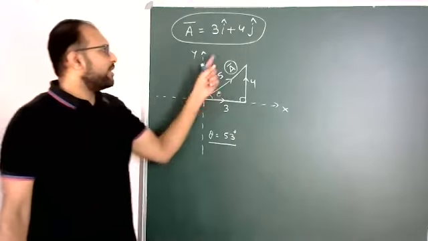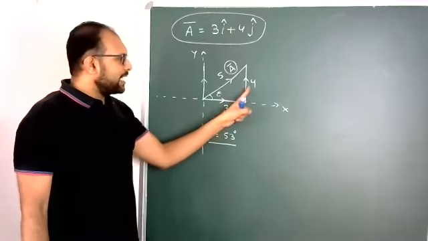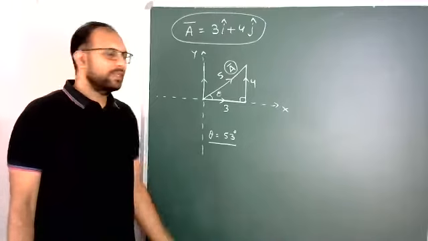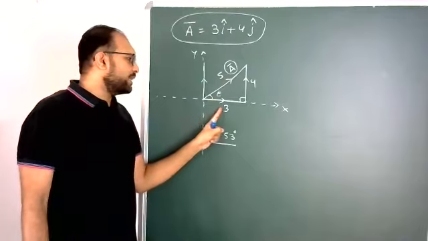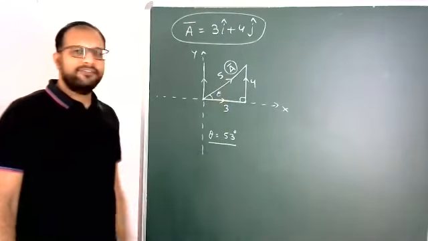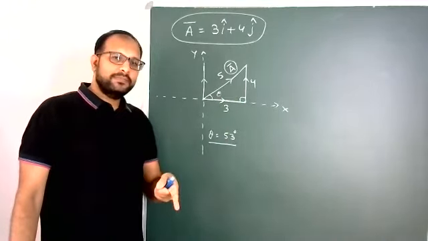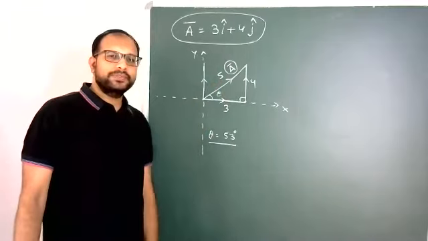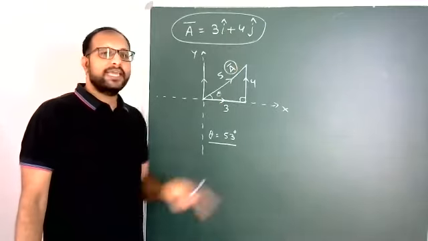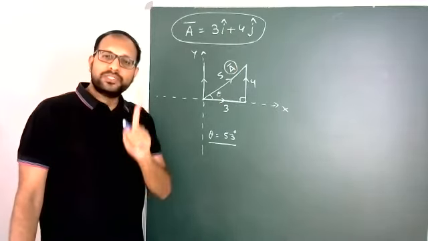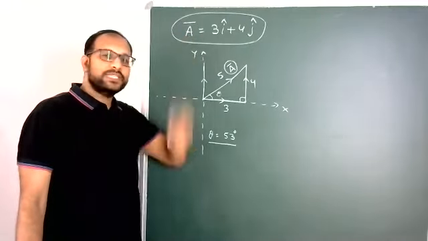Yes, so students, now from this, one more important point is that 3 and 4 are given, and we consider the resultant. So under root 3 square plus 4 square is nothing but 5. So from the components, we found the magnitude. Here A bar equal to x i cap plus y j cap, root over x square plus y square, is nothing but the magnitude of A bar. That is okay. Now opposite.